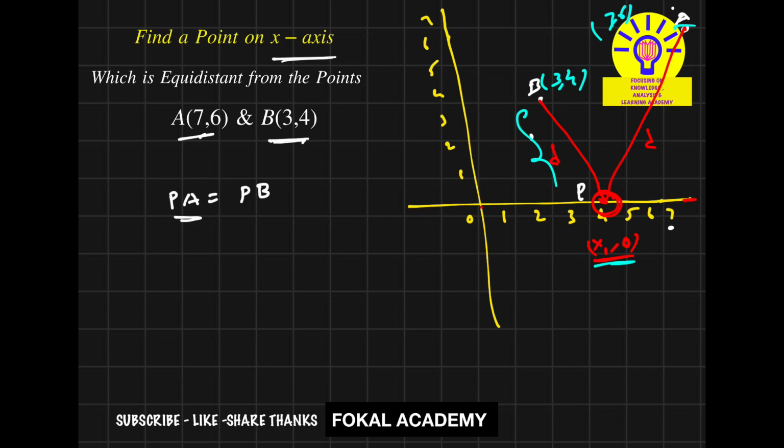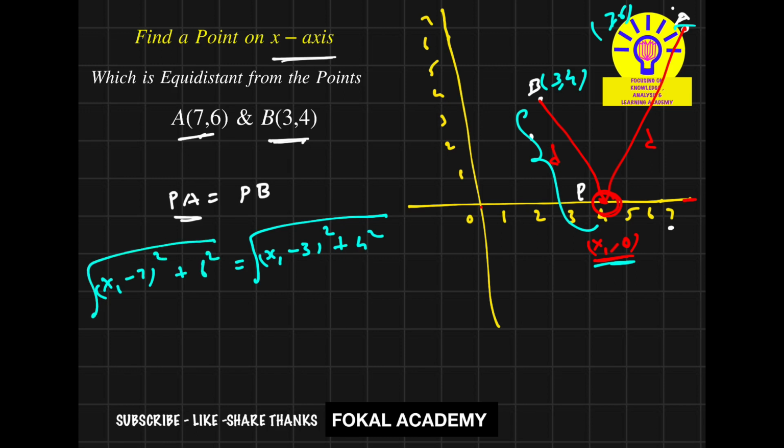Now apply the distance formula for P and B. That will be the square root of (x1 minus 3) whole square plus 4 square, and here the square root of (x1 minus 7) whole square plus 6 square. Now apply squaring on both sides, for removing the square root. So the square root will be removed. From this we get (x1 minus 7) whole square plus 6 square equal to (x1 minus 3) whole square